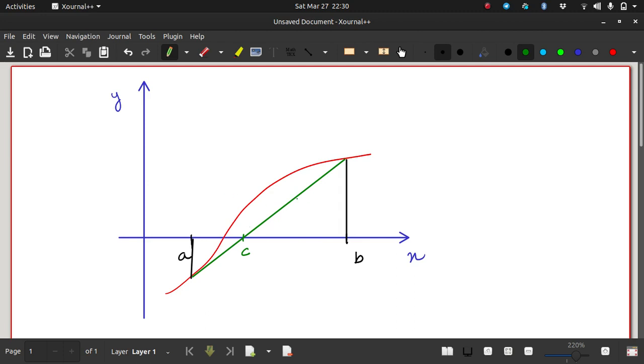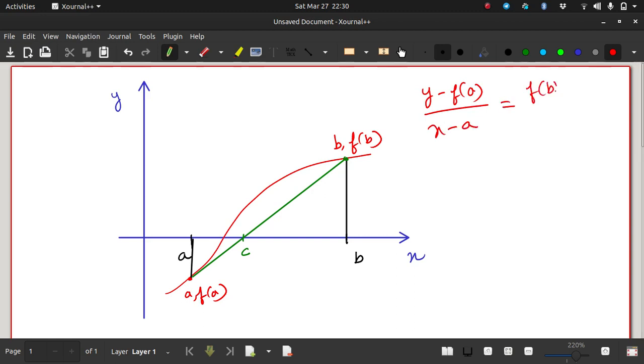Okay, so that is how the false position method works. Now let us figure out how we can calculate the value of C. It's again simple enough. In terms of xy coordinates, this point would be b comma f of b, and this point would be a comma f of a. Now the line connecting these two points can be given as y minus y1, which is f of a, equals x minus x1, so x minus a, times y2 minus y1, so f of b minus f of a, over x2 minus x1, so that's b minus a.